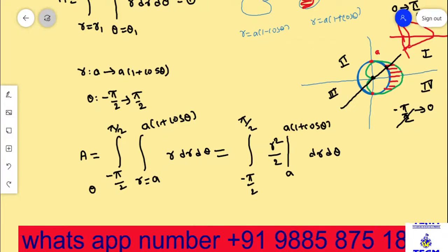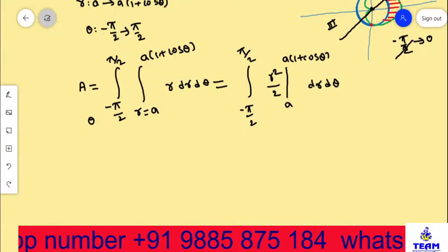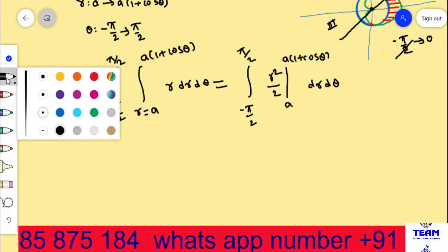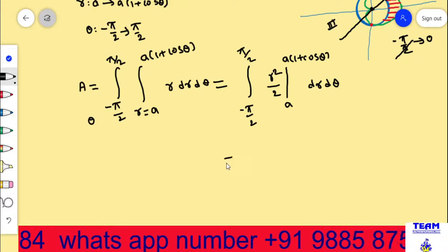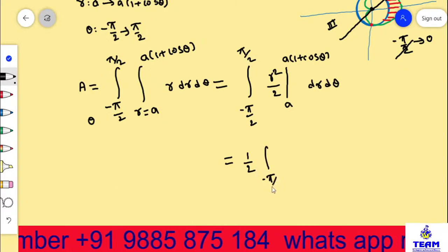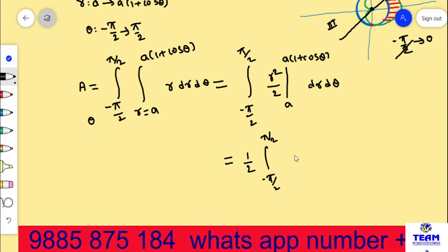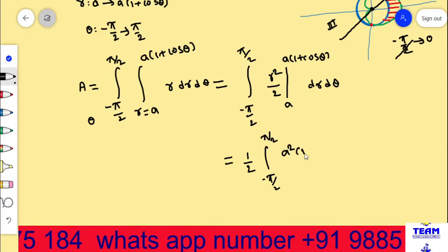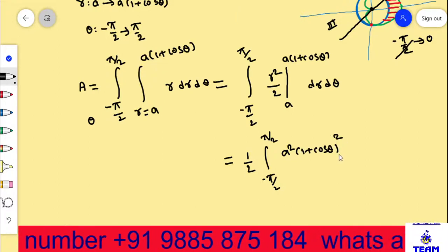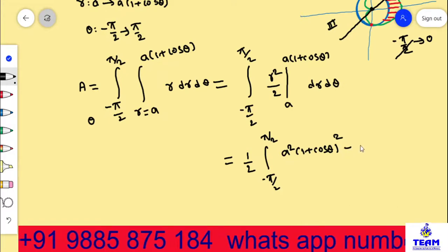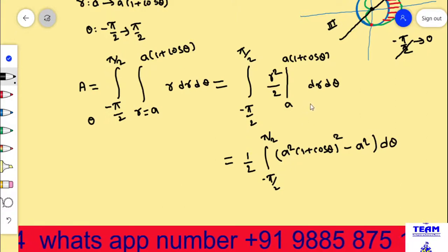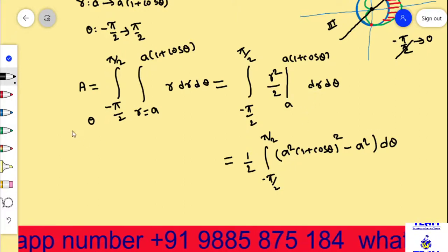Right. Next we have to integrate this one, friends. Now if you integrate, what will happen? The upper limit and lower limit we need to substitute here. So you will get a 1 by 2 outside. Next, the integral from minus pi by 2 to pi by 2 of: upper limit, A square into (1 plus cos theta) whole square, since (ab) whole square is nothing but a square into b square, minus the lower limit, A square, d theta. We integrated with respect to R here, so what did I do here? It is wrong. Is it clear for everyone?